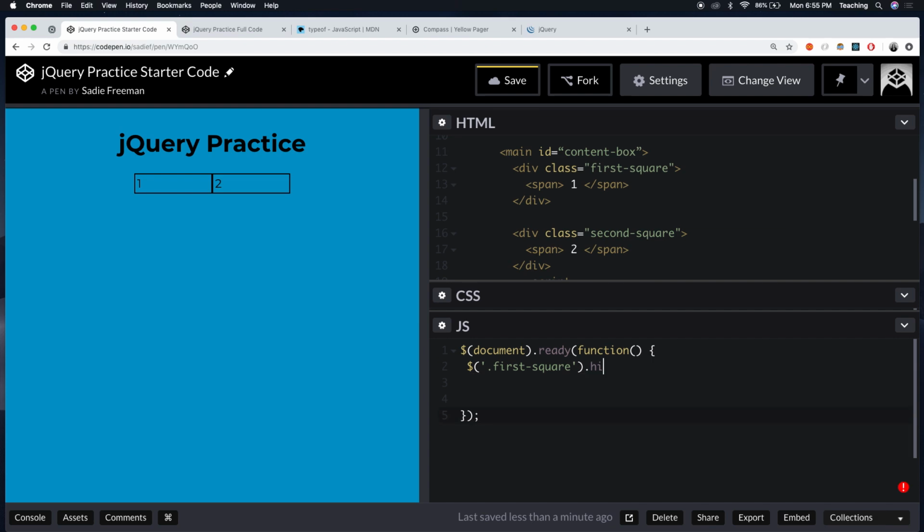And then I'm going to write hide. I'm going to give it 500 milliseconds. And now it's gone. If I comment it out, it comes back. So that's just a quick way of hiding. You can also do show. So if I want it to come back,